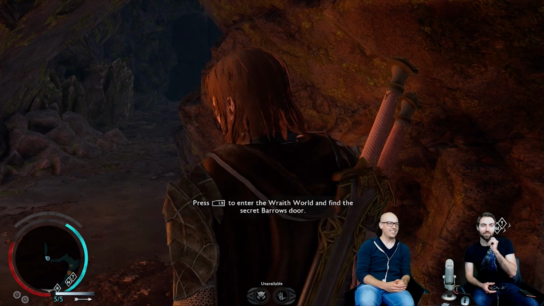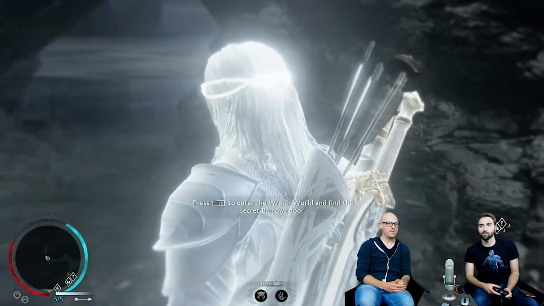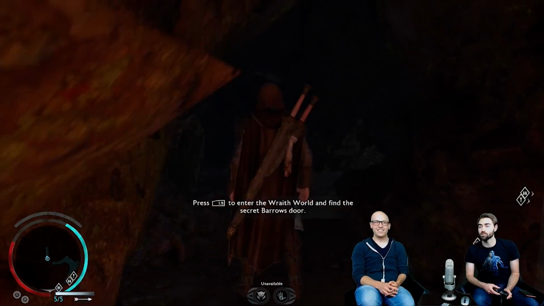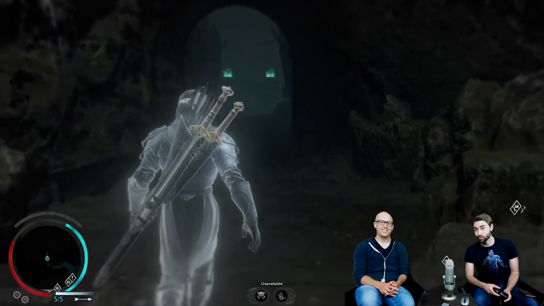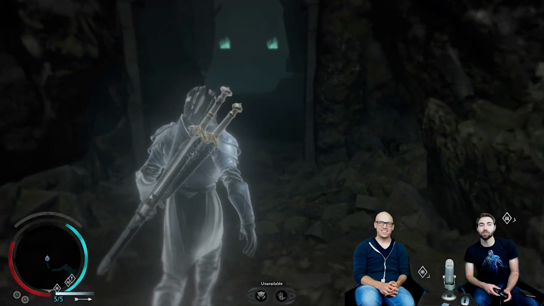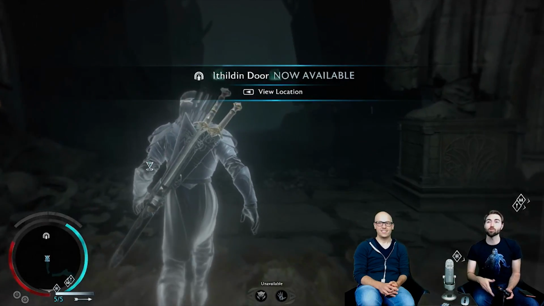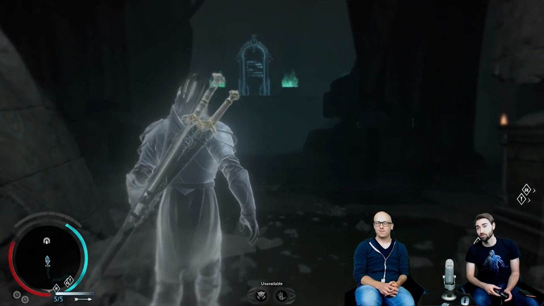So, moving back a little bit, thank you for your questions, by the way, and your comments. We want to show you guys what Celebrimbor's barrows look like, and to enter that, you actually have to enter the Wraith world to do so. I just walked into a wall, and the doors open up for you only when you're in the Wraith world, which is pretty fun. So when you're walking, this is where you'd take those Ithilden words that we showed you guys about,